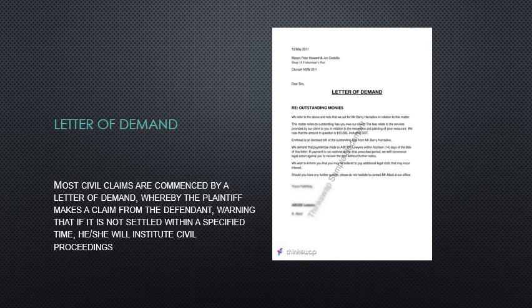They will send a summons, right? So this is an example of the letter of demand that is there on your slide. With a letter of demand, let's say in terms of the law of contract, a person has not given you money that is owed in terms of a contract. You send them a letter of demand. You say, if you do not give me this money within these dates, then you should expect that you will receive a summons, right?